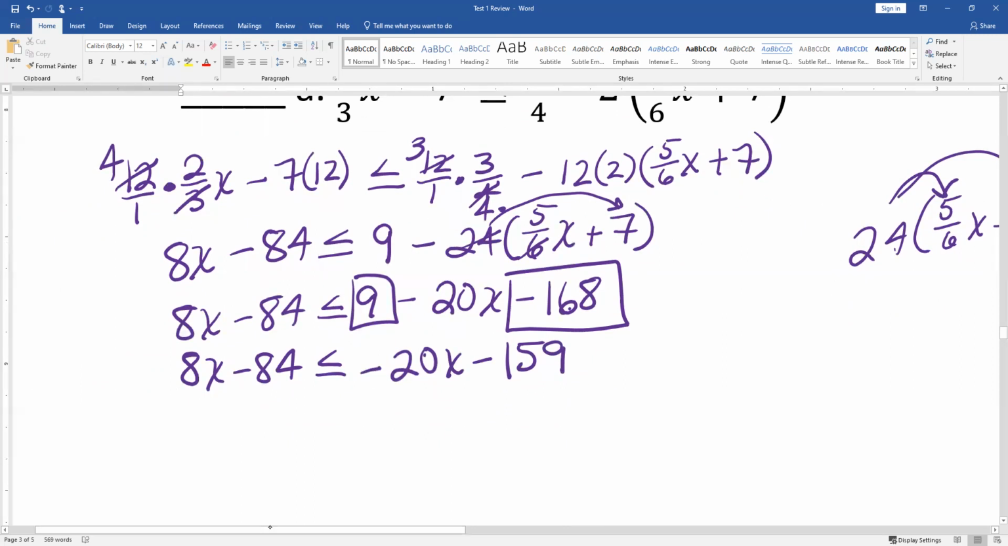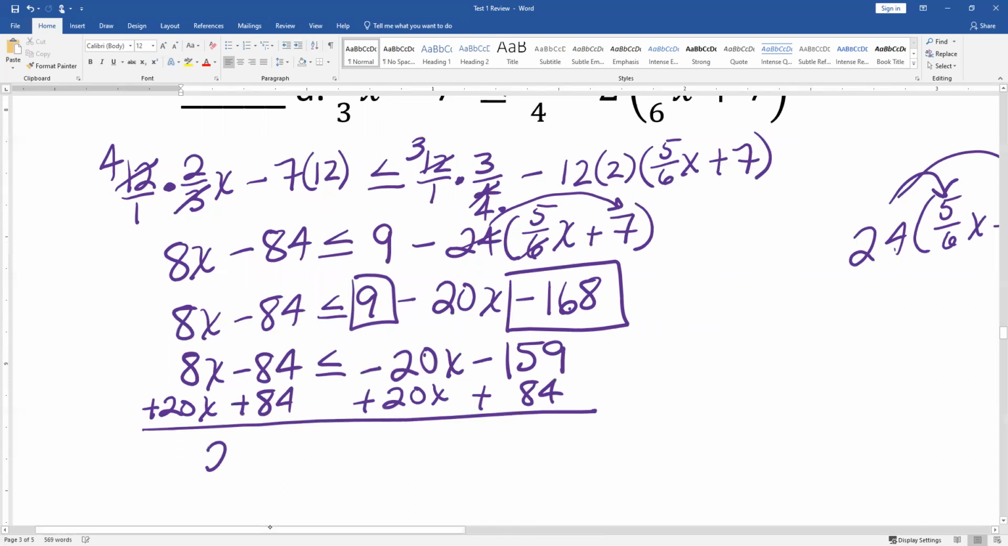And there's our most simplified inequality. So now we can solve for our variable. We will add 20x to both sides and add 84 to both sides. On this side, we end up with 28x,